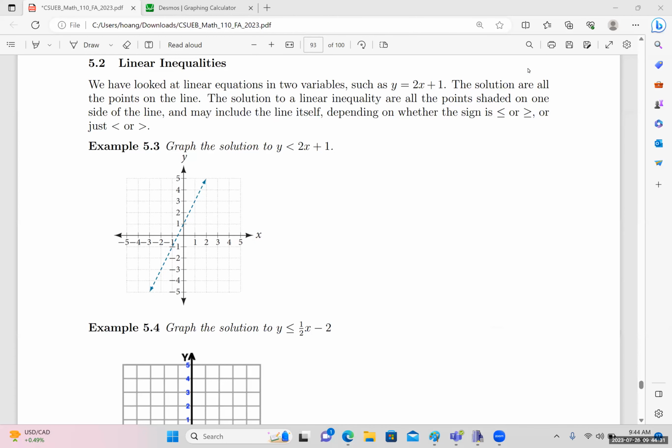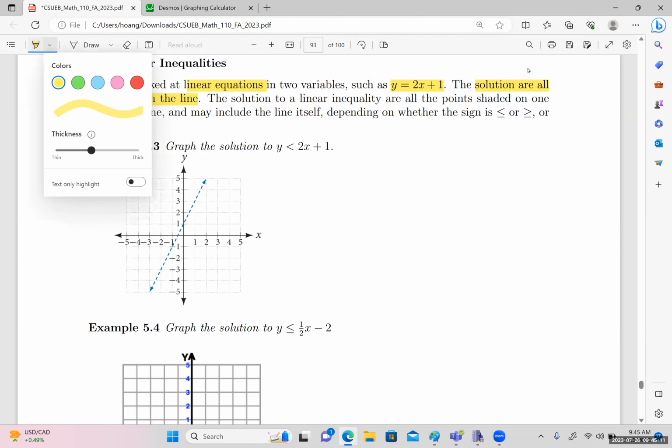So last we come to section 5.2. In this session, we're going to talk about linear inequalities. And we have looked at the linear equation in two variables, right? Such as y equal to 2x plus 1. The solutions are all the points on the line, right? And the solution,